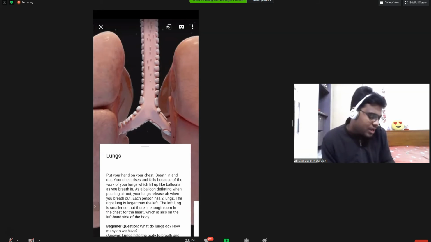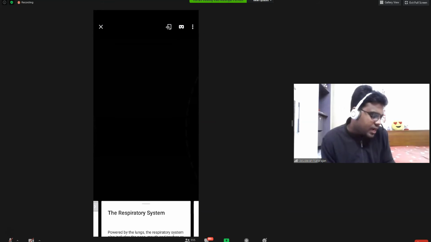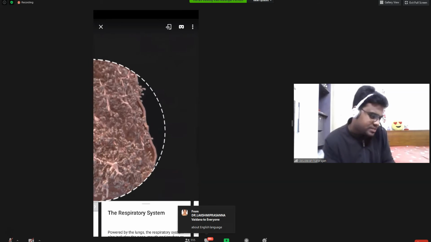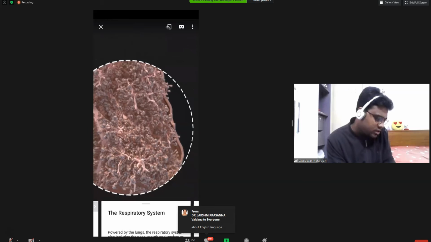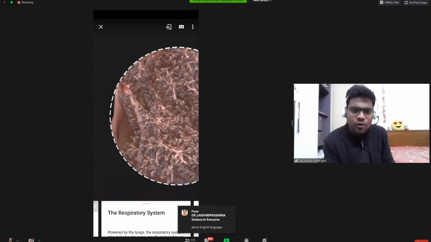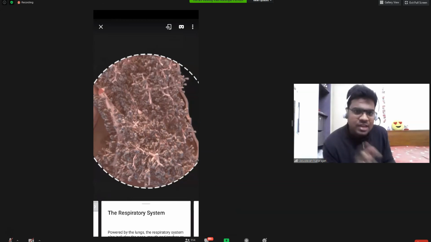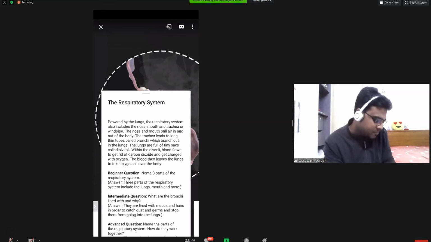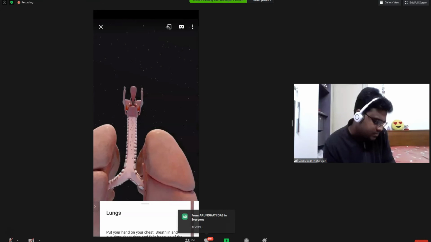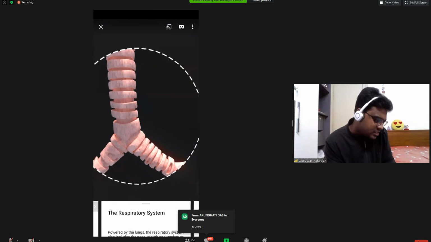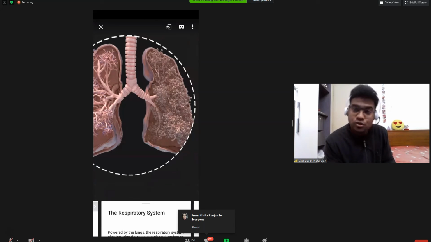You can see if it's about lungs, there is a little bit of information over here. I just go right a little bit. You have something related to respiratory system. Yeah, it's one and the same. It's just getting loaded. You can see that on all the different directions. I think these are the things that are present inside of lungs. I don't really know the name of these things. Then you have another structure. Probably biology teachers will be able to understand these things. So you can keep scrolling on left and right, and you can get all these different structures and the